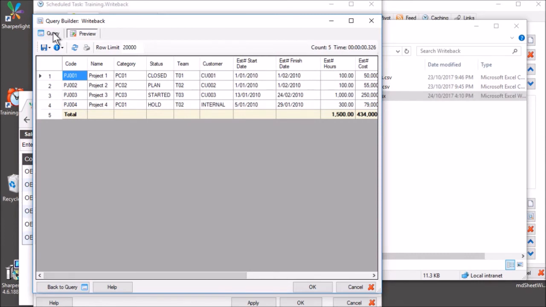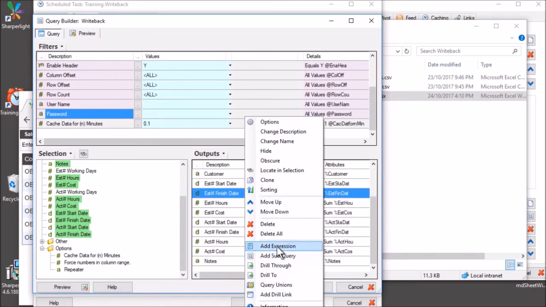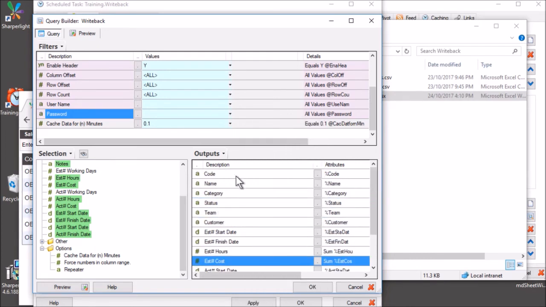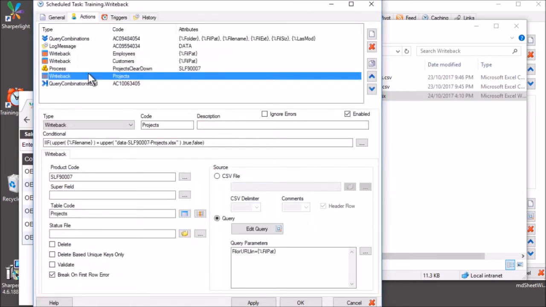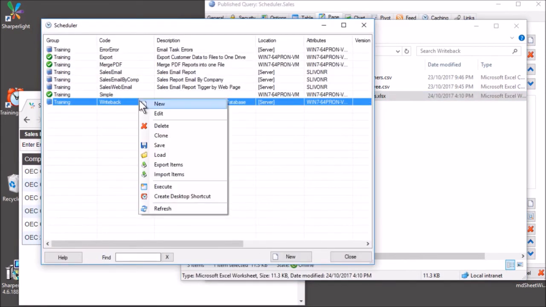If the Excel workbook didn't match up with the writeback requirements, you could, for example, hide fields in here, create expressions, and what will happen is just the visible fields that are in that list will be put into the writeback. Now, the interesting thing about this projects list is that before we run the writeback into projects, we want to clear down the table. So we're running a process that is calling a bit of clear down logic. What we'll do is come back to this shortly and run the writeback and view the results. So let's press OK here and execute the writeback,